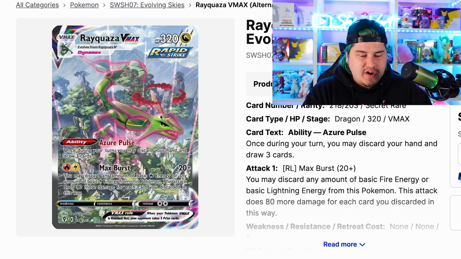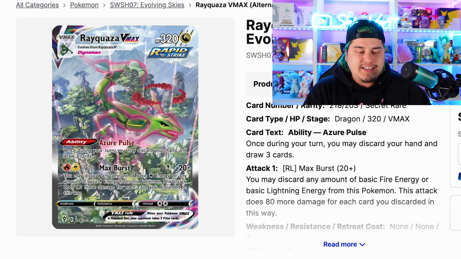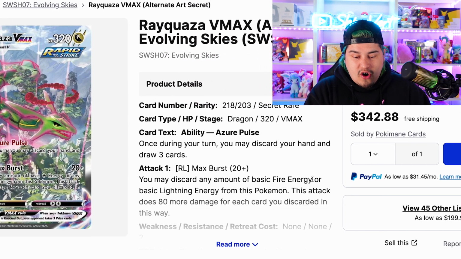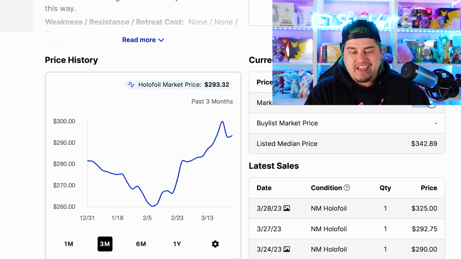But this Rayquaza one, it's got the mountains, it's got the sky, it's got the trees. It just looks like Rayquaza. It's got like the Stonehenge looking stuff throughout here. It just looks sick, guys. And this card, oh my god, in a near mint, $342. Sheesh! Market price for this card is right under the $300 mark right now. A huge jump from the last card,